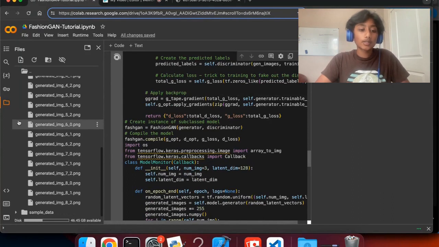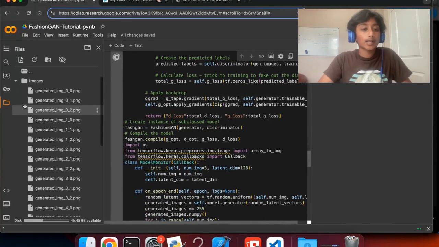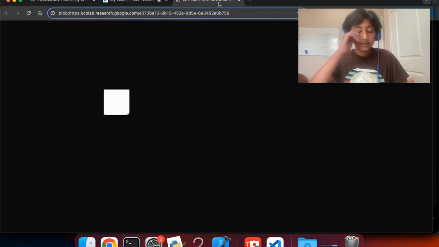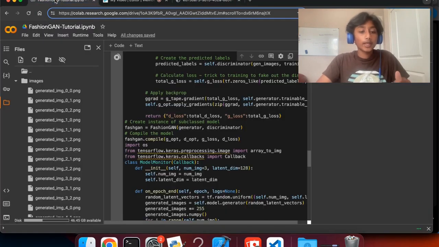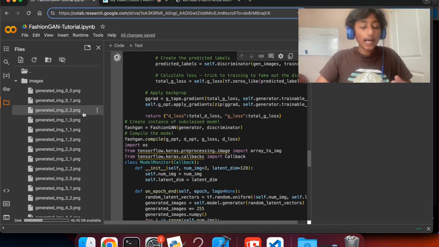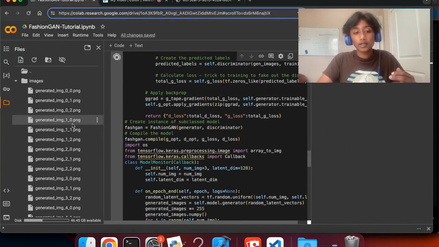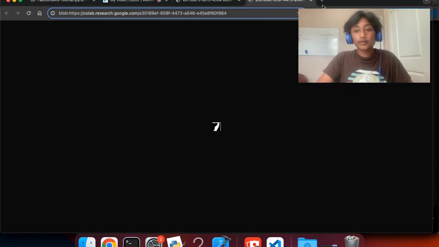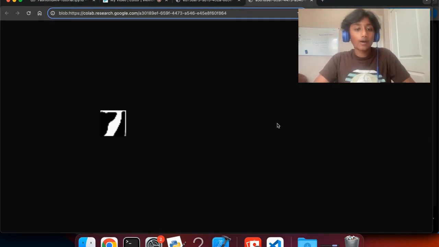So now I want to show you, in the epochs it's done already, 8 different epochs now, how the GANs have actually worked, so how the process works. So we start off with a latent vector. As you can see right here, it's just blank space. It's just a blank white image. And now let's see how, as we go through our epochs, the image changes. So we're still in the first epoch, and you can see nothing has changed. But now as we go to the first epoch, you can see it's taken the loss, and it's changed